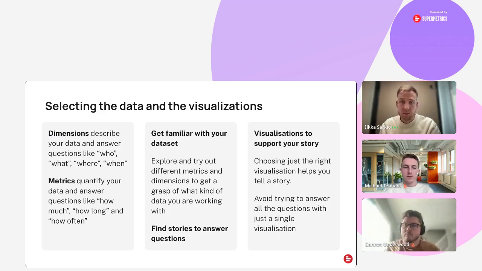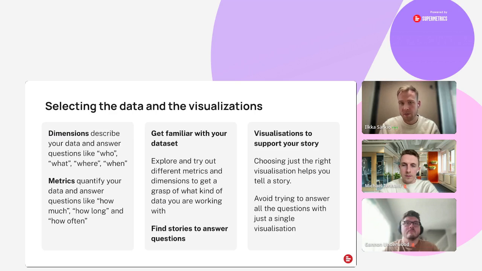And finally, you should choose the right visualizations to help you tell a story. There are, of course, a bunch of different visualizations available in Looker Studio, and each of them has specific traits. They work with different types of information, and I'll next be going through a couple of examples in Looker Studio. First of all, how to find the different chart types available, and then also some helpful material to help you select the types of charts